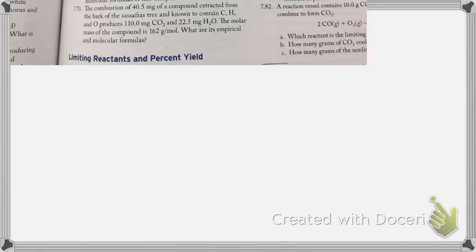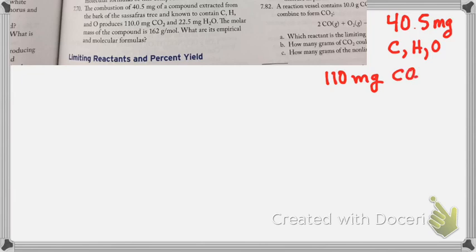All right, so we're going to look at question 770, and we know that we have 40.5 milligrams of a compound that contains carbon, hydrogen, and oxygen. This is taken from the bark of a sassafras tree, and once we do the reaction, we know that we produce 110 milligrams of CO2 and 22.5 milligrams of H2O. And in a twist that we didn't see yesterday, we know that the molecular formula